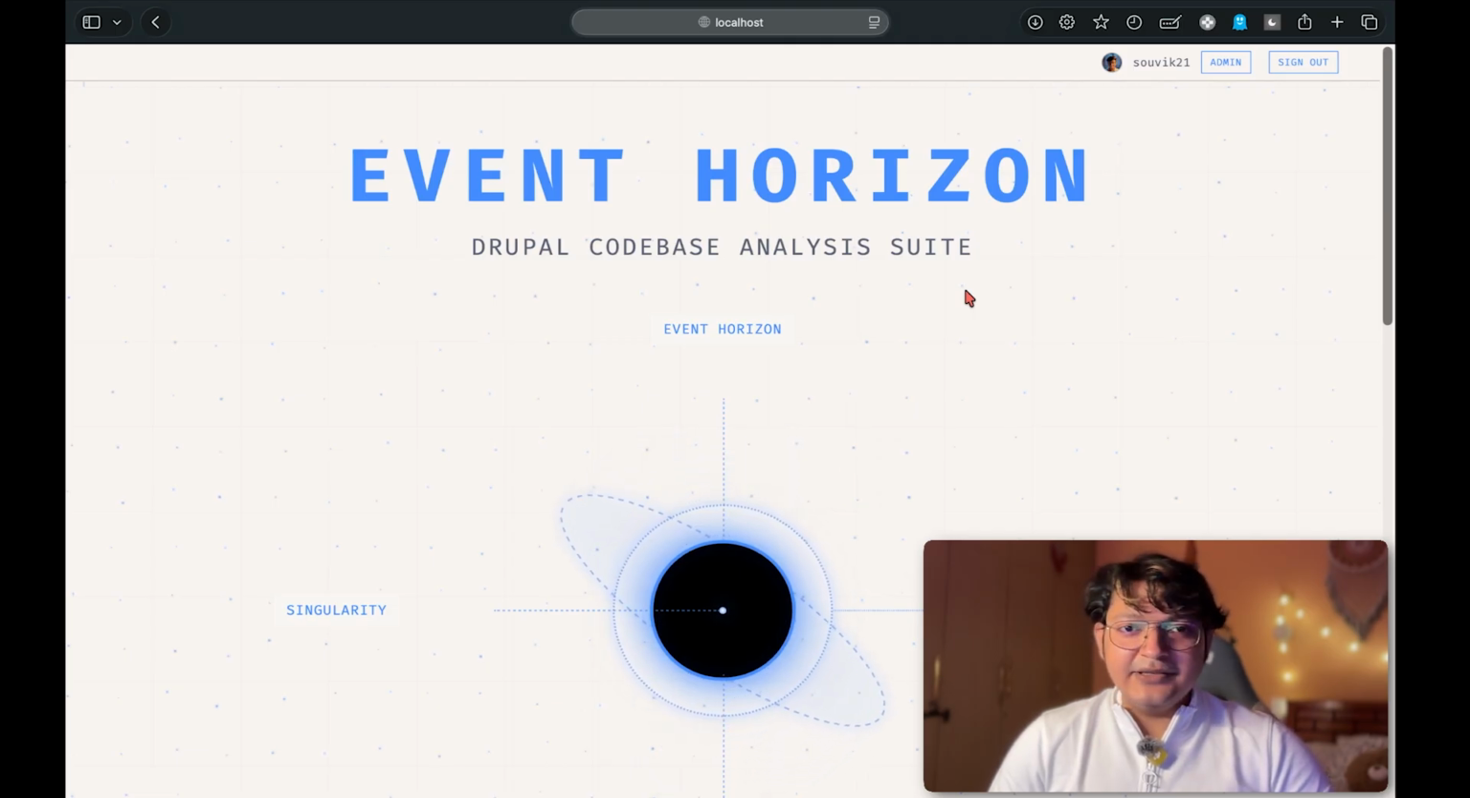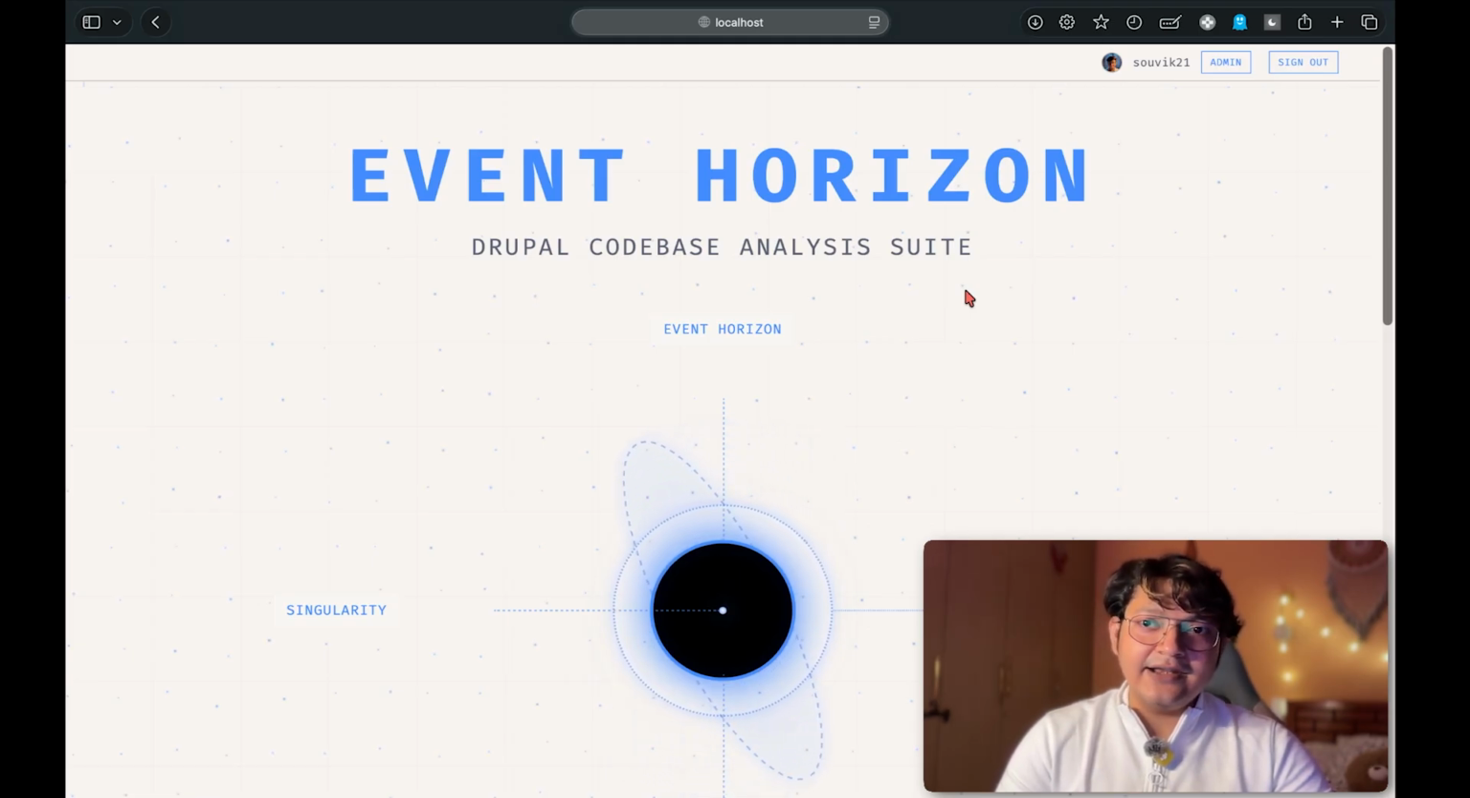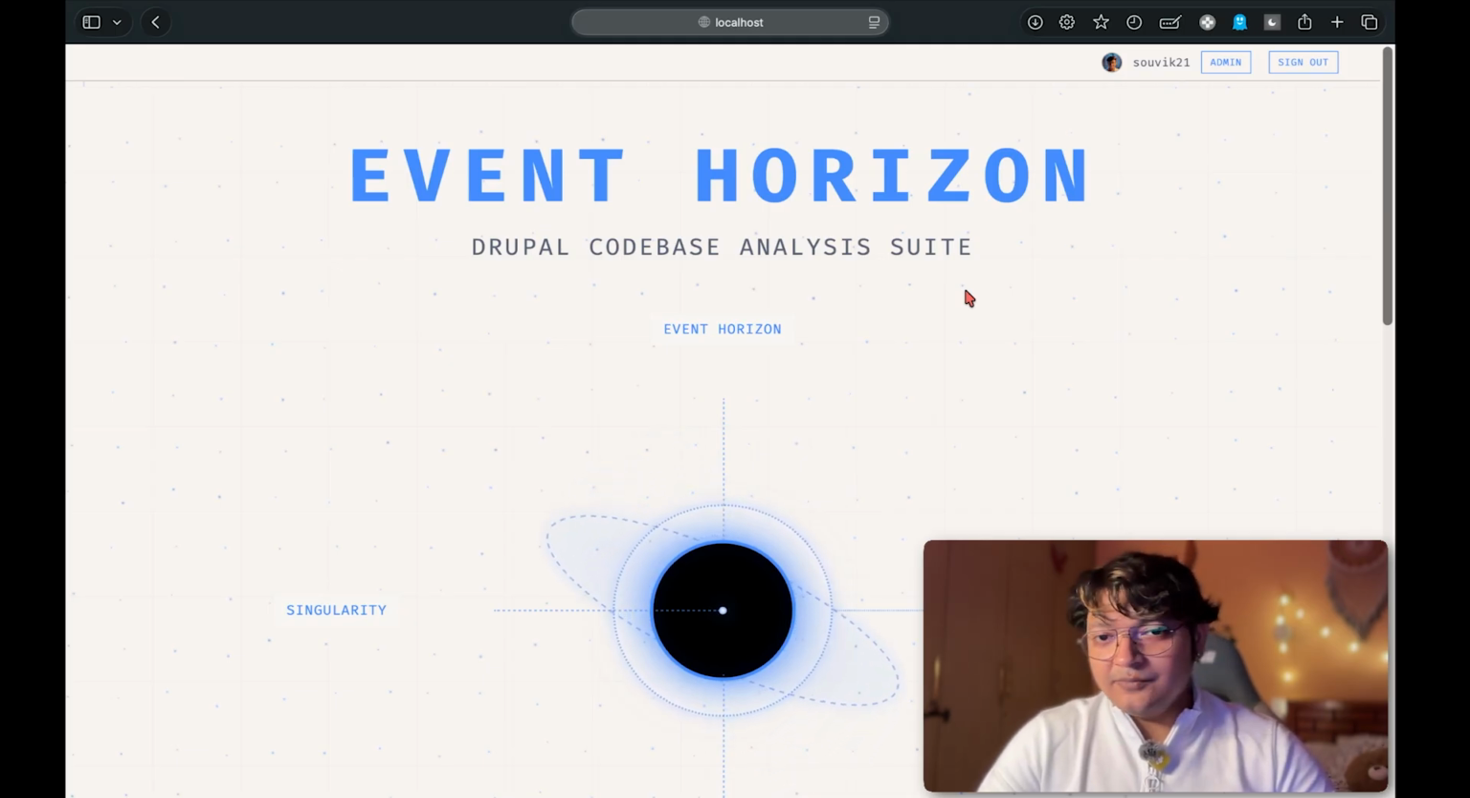I am a space fanatic, to be honest, and I always like the intricacies of space. So theoretically, if you were to stand at the event horizon of a black hole, you would have much more clarity. You would be able to see things in a wider perspective and analyze according to your understanding. Taking a similar analogy, we have Event Horizon as a tool over here, which helps you analyze the Drupal code bases, the large code bases with all the complexities, with all the intricacies that there are to better understand and